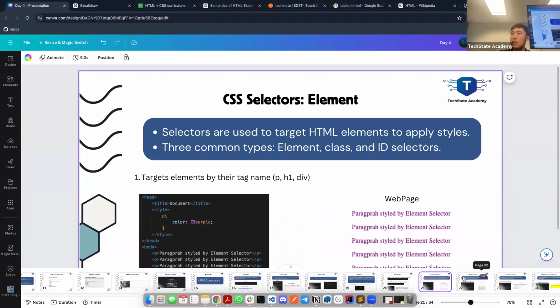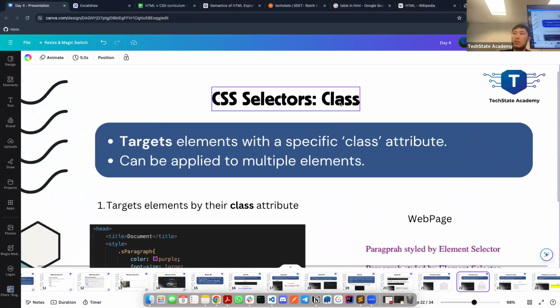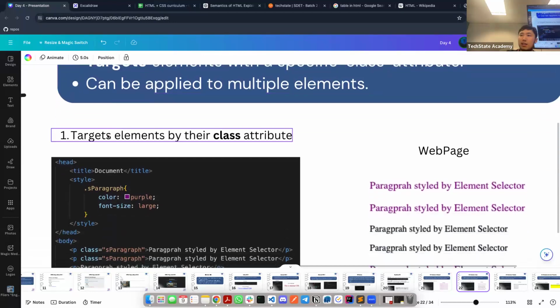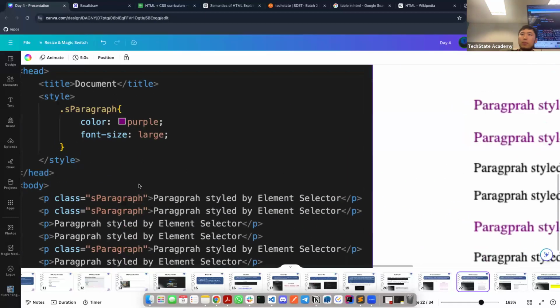We have 2 more selectors. Second one is class selector, guys. Class selector. So this one applies CSS only to elements that have a given class. Look, here